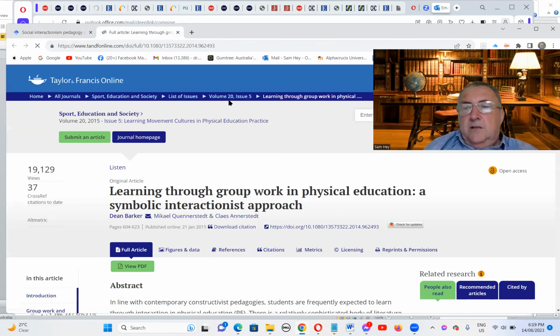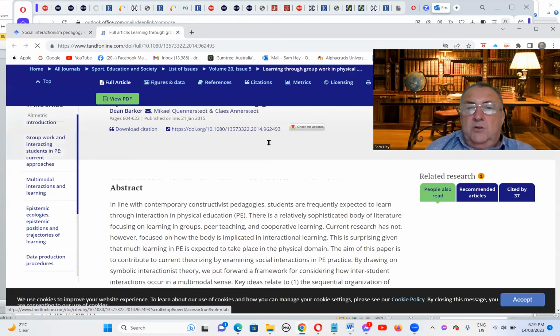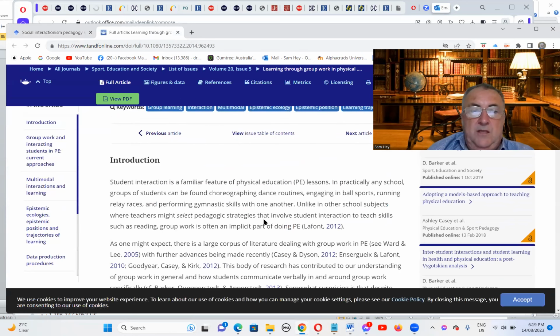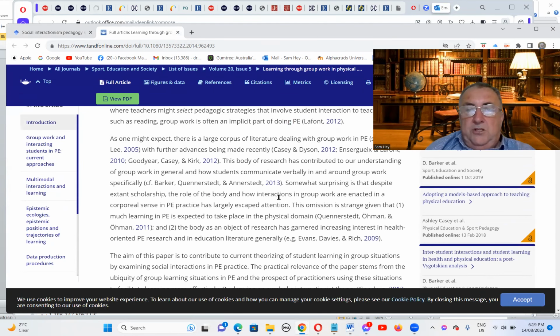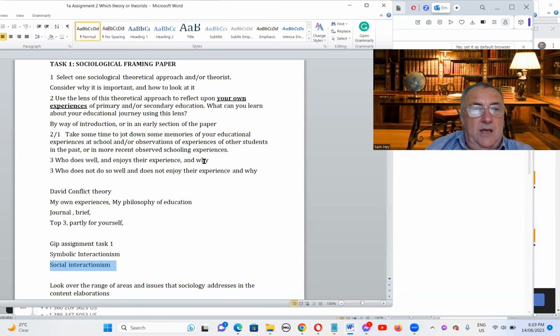So you quickly get, and if you've got sort of 8 to 12 of these resources, now of course this one focuses on physical education, so you'd have to decide whether you want to go there. But in the introduction, you've got quite a bit of a broad discussion of what is happening, how students communicate verbally, group work. So I think that's quite interesting there. Same with symbolic interactionism.